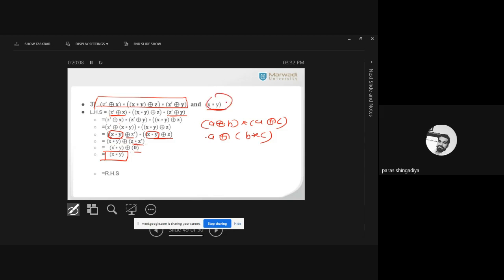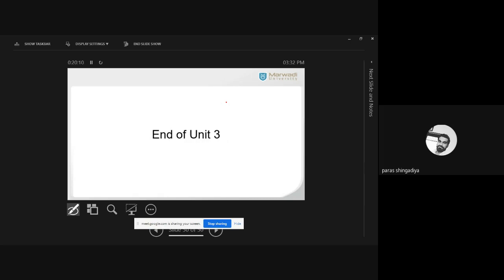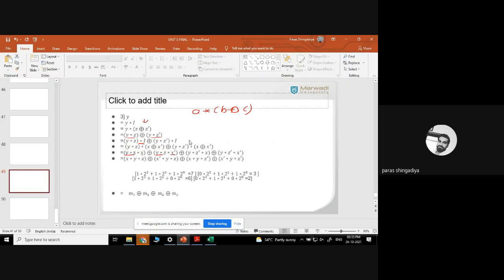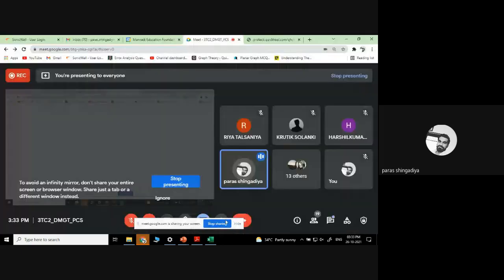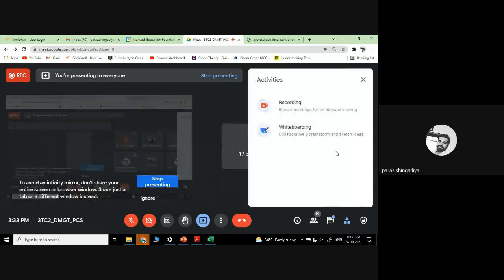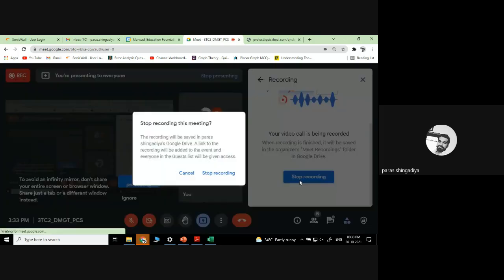So that is the proof of the last one, and that is the end of unit number 3. Is there any query from anyone? We have finished our syllabus of the SEM 3 DMGT subject. If you have any query in any of the units or any topic, then we will revise it. Okay. If you have any doubt in any